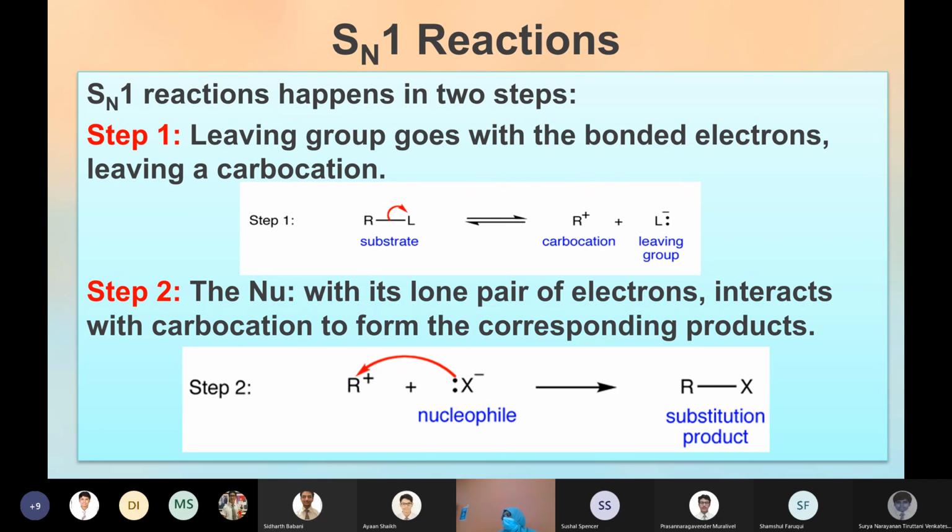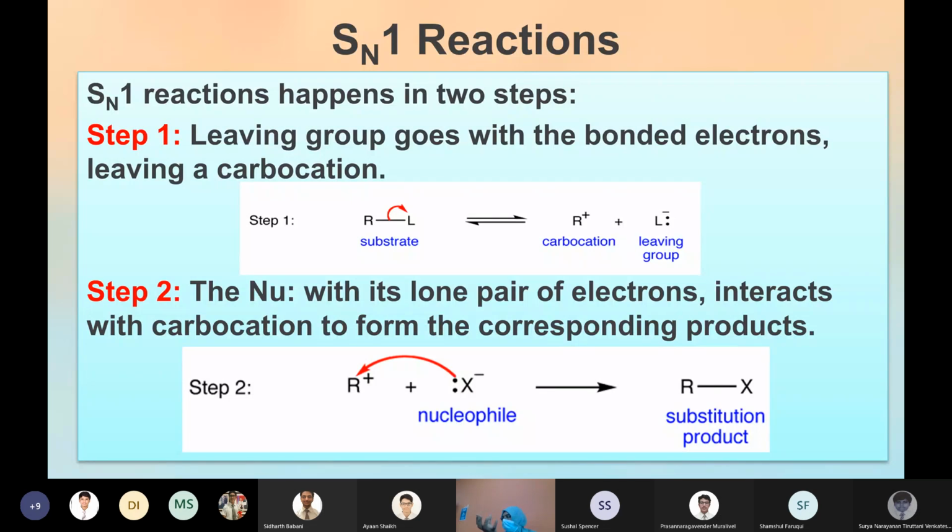What will cause the bond to break in the first place? Because of the instability or polarity in the bond between the halogen and the carbon, we know that's a polar bond. So carbon already has a slight positive charge and the halogen a slight negative charge. In an instant, the electron pair is completely transferred to the halogen, so the bond breaks completely, giving carbon positive and halogen negative. That is under the influence of a nucleophile.